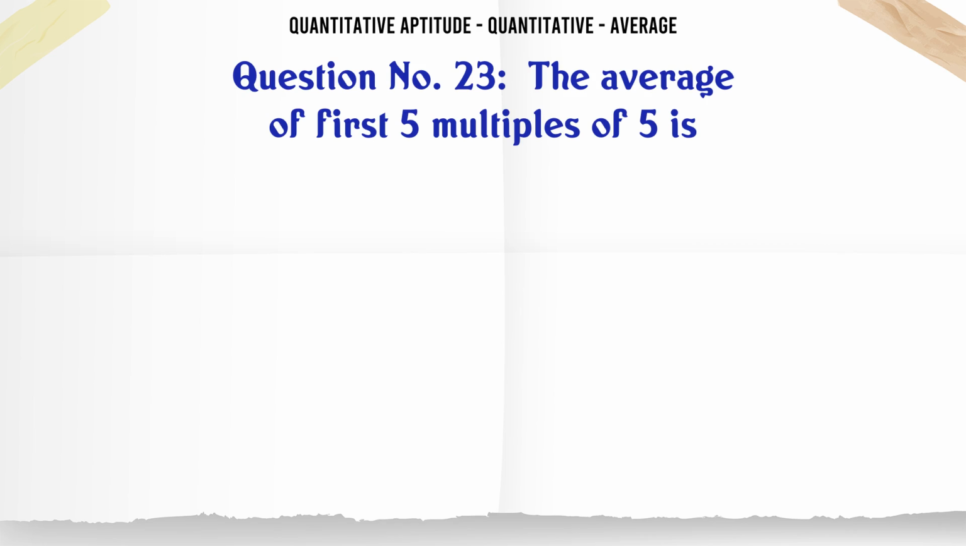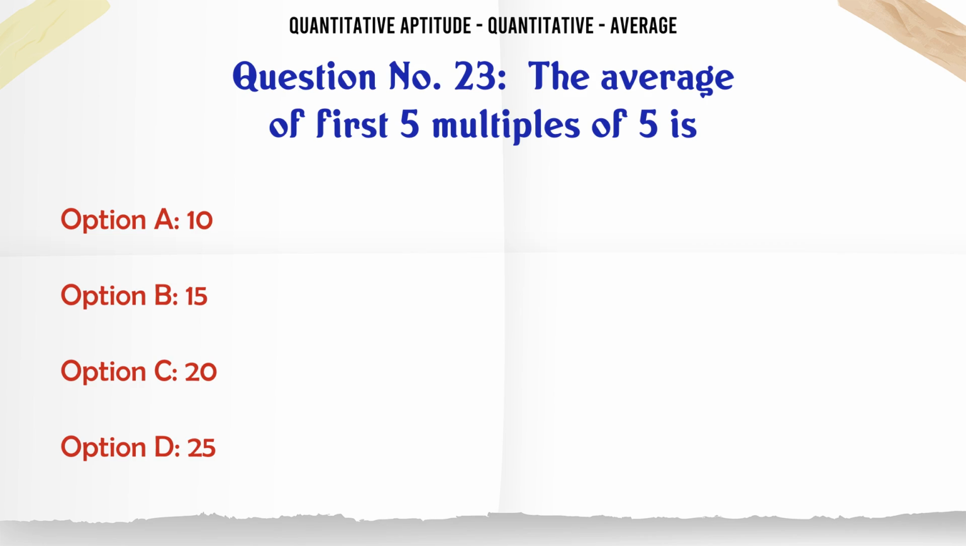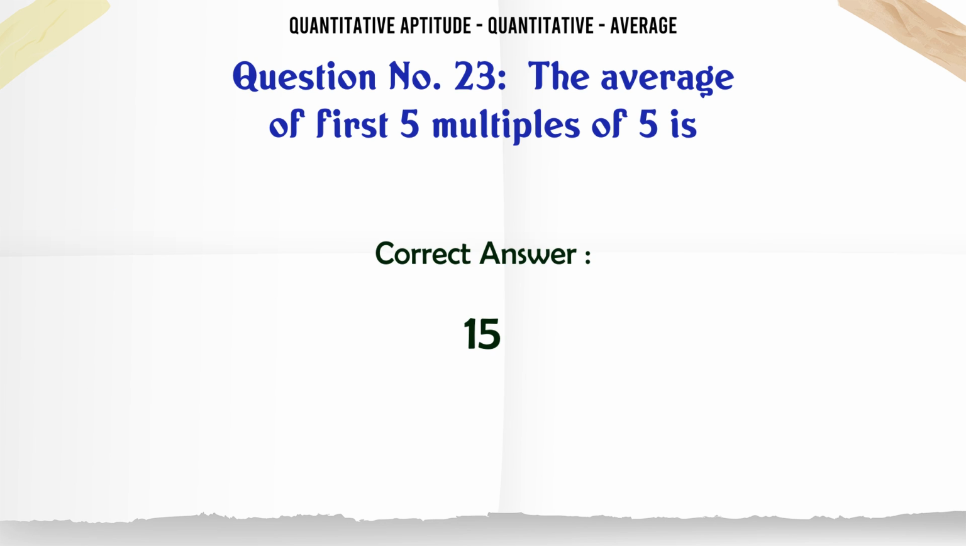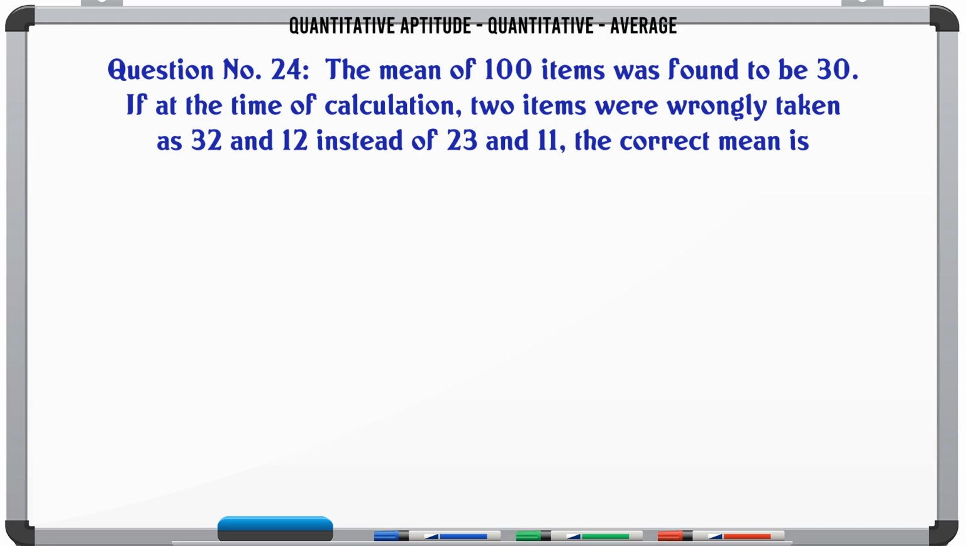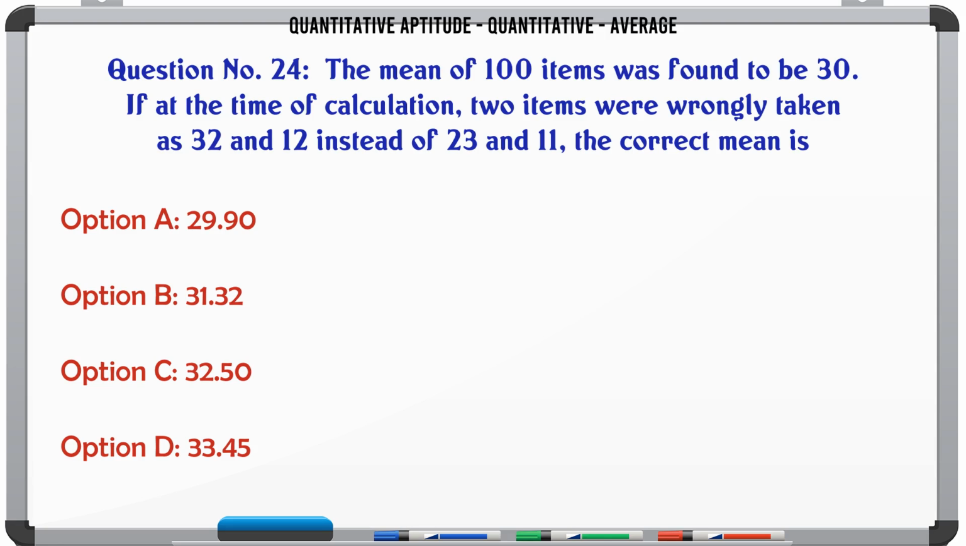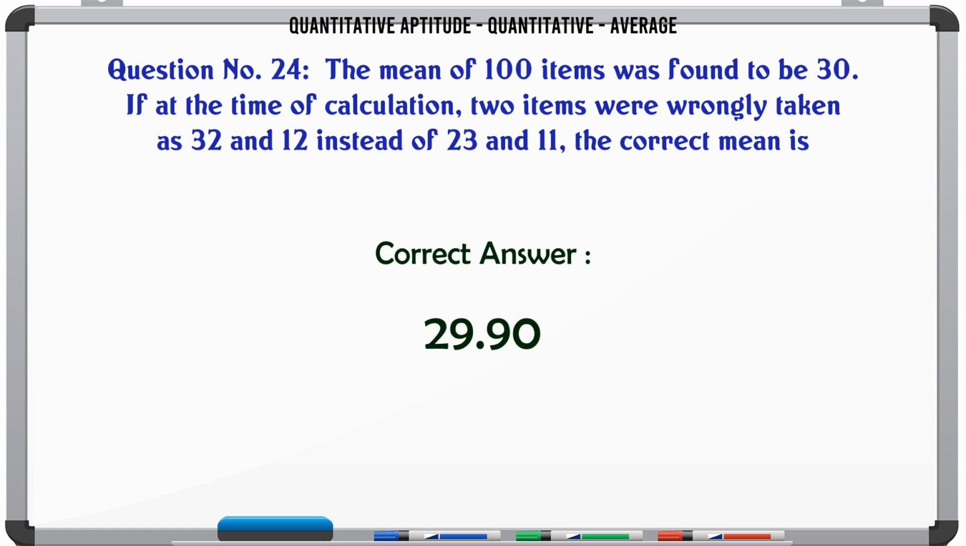The average of first 5 multiples of 5 is A 10, B 15, C 20, D 25. The correct answer is 15. The mean of 100 items was found to be 30. If at the time of calculation, 2 items were wrongly taken as 32 and 12 instead of 23 and 11, the correct mean is A 29.90, B 31.32, C 32.50, D 33.45. The correct answer is